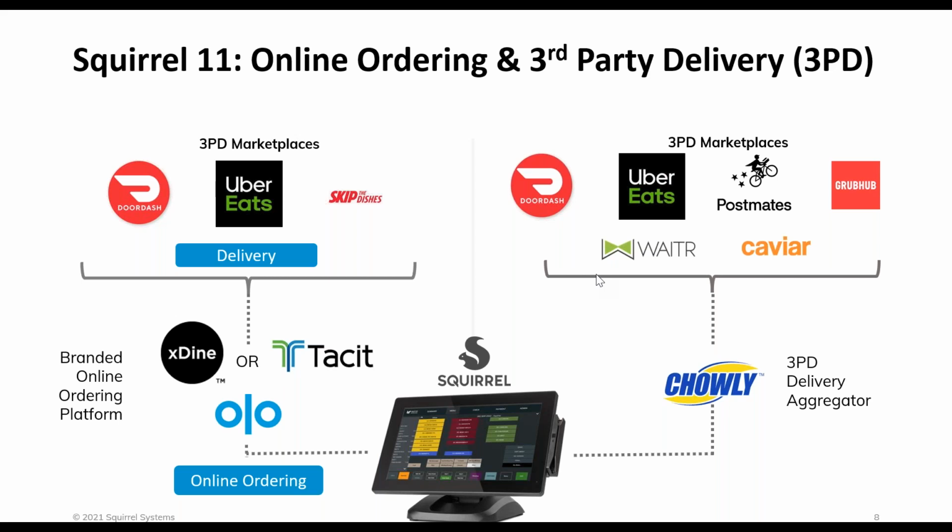So we don't have to have an iPad. You don't have to use a fax machine. When we're working with these groups, it's coming into the system just like a server was inputting it at a terminal, which is great because then you don't have to worry about server error, missing the order, having any delays in that area. The first one you're seeing over to the left is actually talking about our groups for delivery,